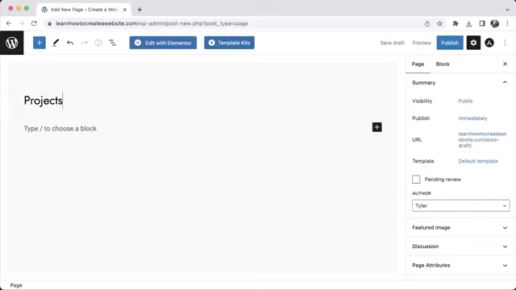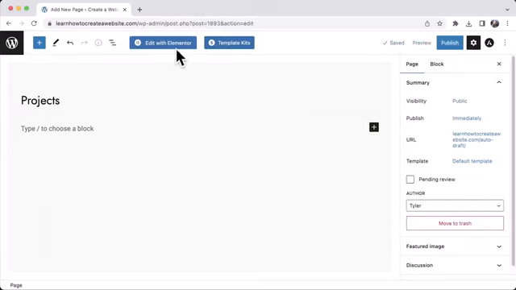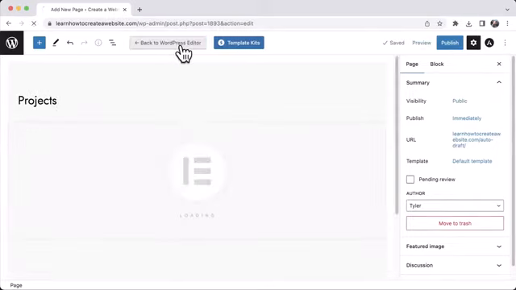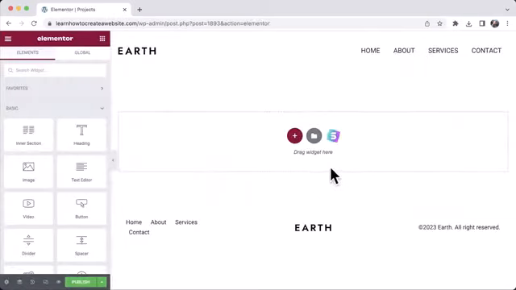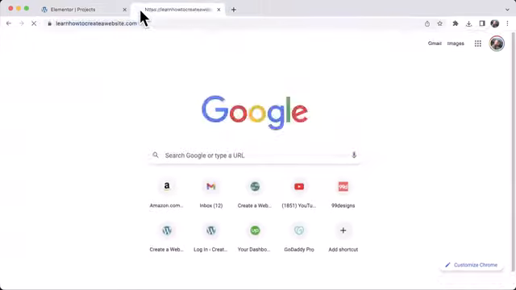You can make any page that you want. And then we can click on edit with Elementor because Elementor is our visual page builder. So just click on that. And now we've created a new page, but it's blank. We could, of course, import any page or any block by clicking on this, but there's something else that we can do. If we open up a new tab and we go to our website, and we click on edit with Elementor,